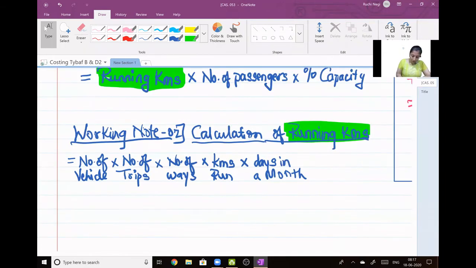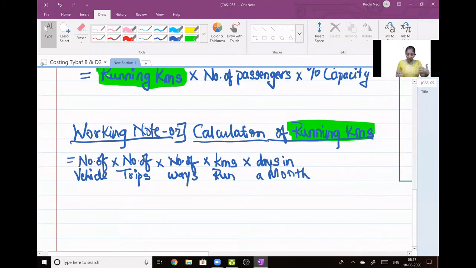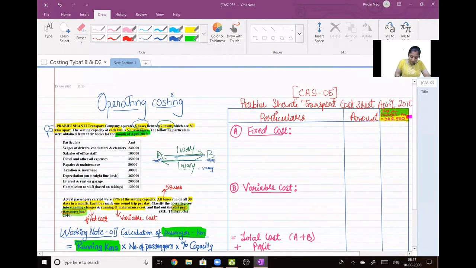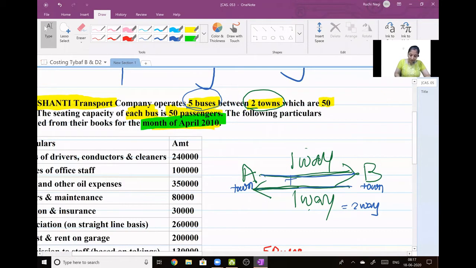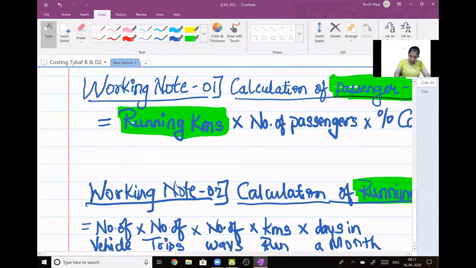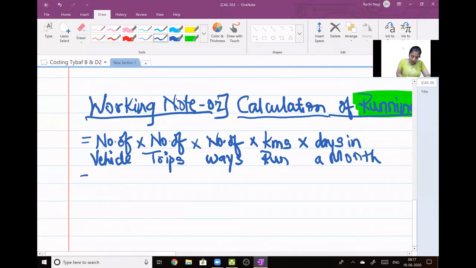Okay. Now let us substitute whatever is there in the question. Number of vehicles. Now the question already tells you how many vehicles are there. I've already highlighted. There are 5 buses. So number of vehicles, here you're going to write 5. Okay, it's a first sum, so I'm writing everything. 5 buses. Otherwise, later in all the sums, I will be just writing the numerics.